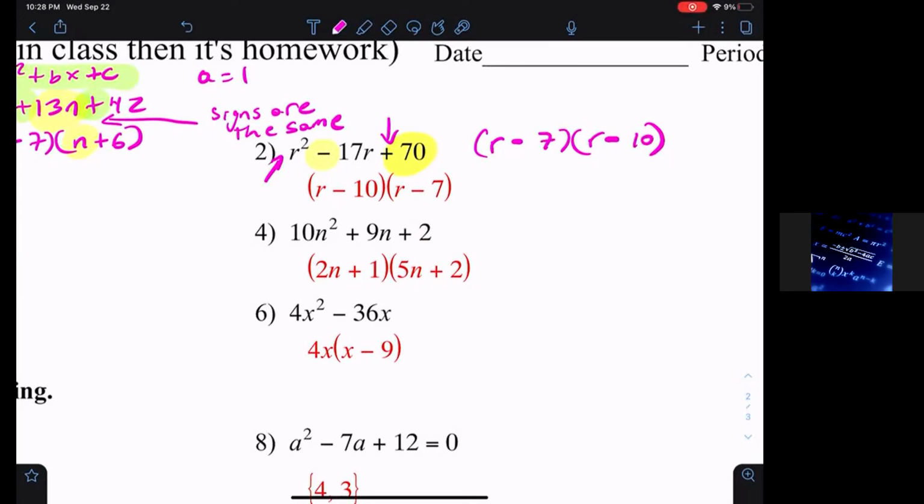And you might say, oh, but in the answer key, they have it backwards. Doesn't matter, right? Because a times b is the same as b times a. Multiplication is commutative. So if you write it this way, it's the same as the one that you have above, right? This is the same as this. So don't get confused with which one I should write first. Doesn't matter. That's the answer anyway, right? Okay, so make sure that you understand that. Next,